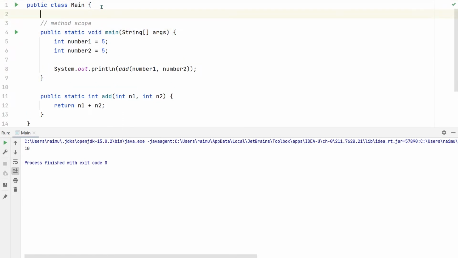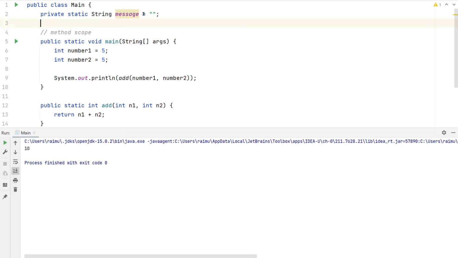Of course, you can also create another variable. Let's create, in this case, because the main method is static, also a static variable. Let's create a private static String message, for example. Let's assign a value, hi, and you see that